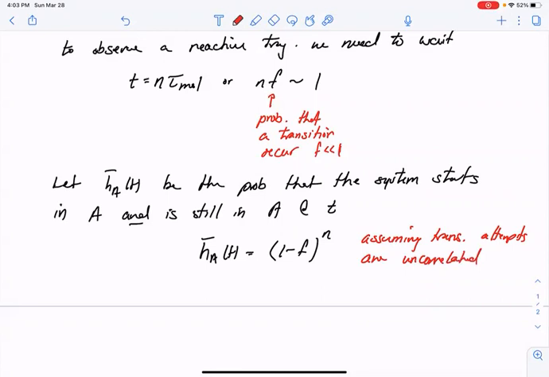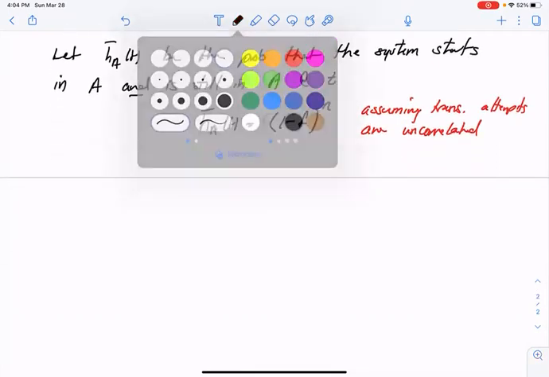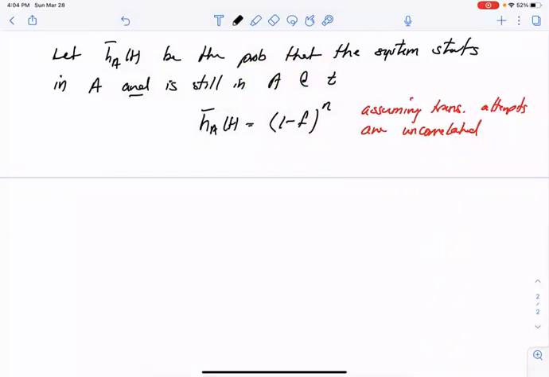So the probability at each time that I make a transition is F, and thus the probability that I did not make a transition is 1 minus F. The probability that I am still in A given N attempts is just 1 minus F to the N. Now, if F is small, which we've assumed, which necessarily means that N is large, 1 minus F to the N is approximately e to the minus N times F, which is equal to e to the minus T times F over tau mole,